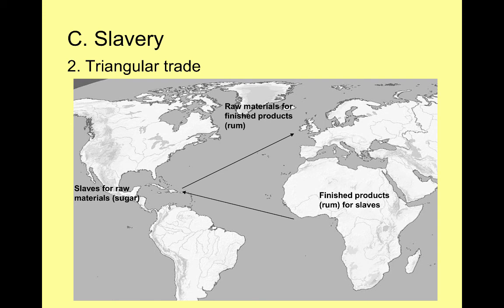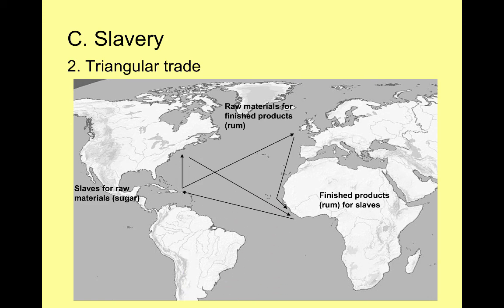Now, the British use those raw materials to make finished goods, like I said, employing more people in England, so there's less of a rate of unemployment. And so now I have a boat full of finished goods. And of course, where do I sail? Back to Africa, and I use those finished goods and rum and guns or whatever to buy even more slaves. And then I go back across the Atlantic, and it's this slave triangle that runs continuously again and again and again, bringing massive amounts of Africans to the Americas.